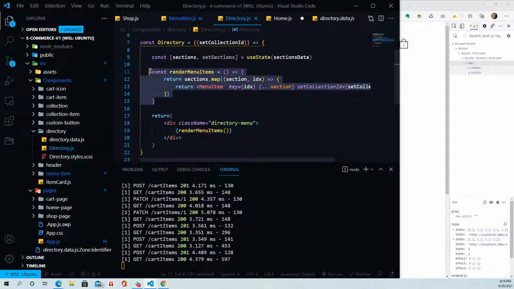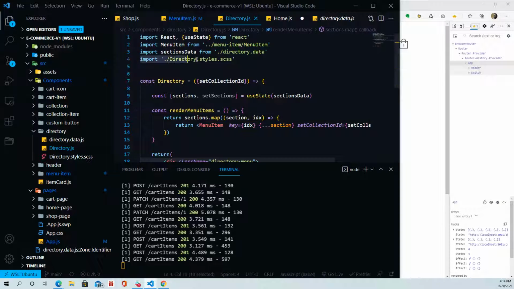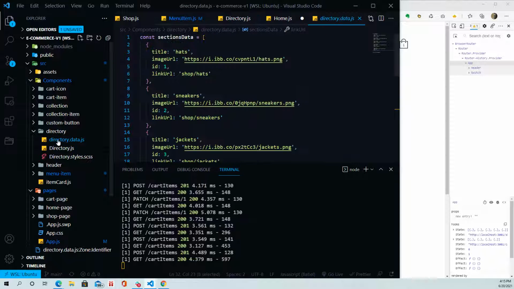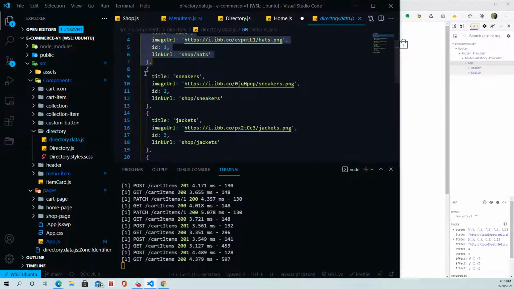So I usually create a function that I'm going to call inside my component. If I have to render several components at the time with different IDs and pass different information to each of them, I want to be able to map through some kind of data. In this case, it is directory. It's this one right here, sections data, and I'm mapping through sections data. And for each section in section data,